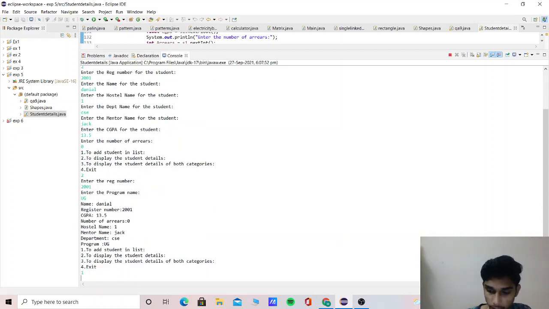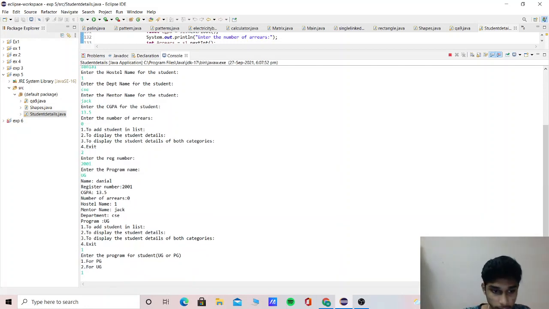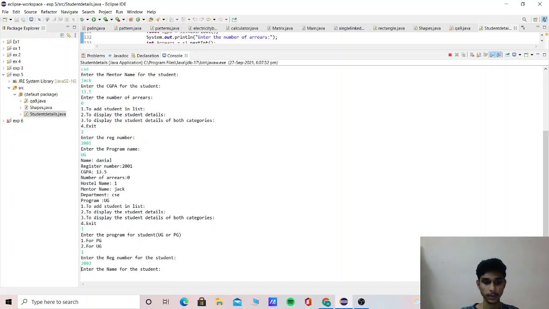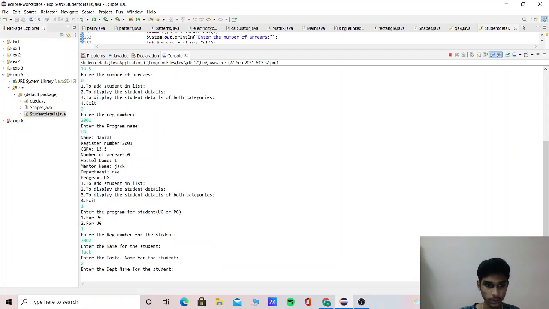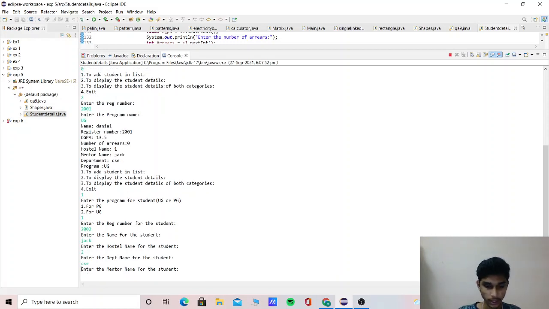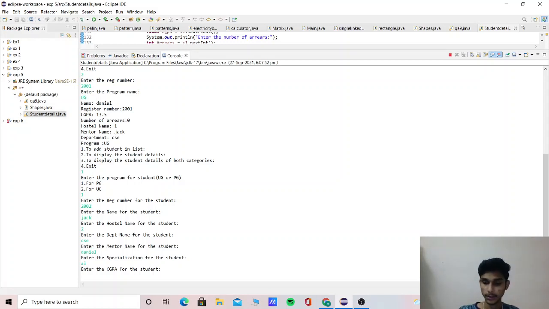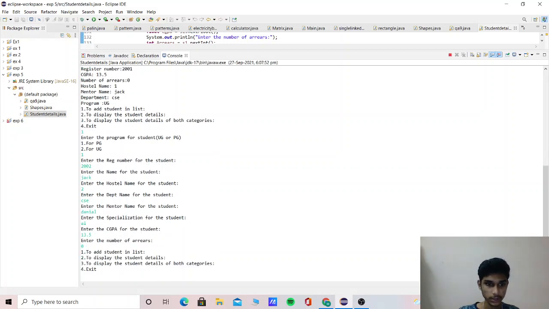Likewise, I add another student detail for PG: register number 2002, name of the student Jack, hostel name 2, department CSC, mentor name Daniel, specialization AI, CGPA 13.5, number of arrears 0. It just saves everything.